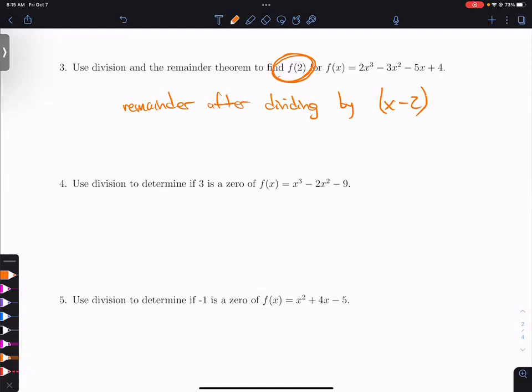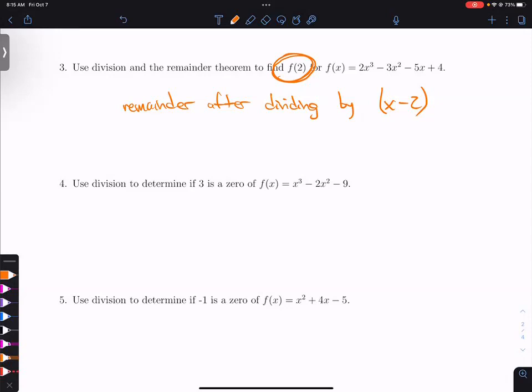So what you would do to answer this question, really what I'm driving at, is practicing division again. Divide this by x minus 2, and whatever you get as a remainder, that's the same thing as just plugging 2 into the function. Now again, that's not how you would go about finding f of 2, right? You just plug 2 in, but the remainder theorem says that it works, and it's an excuse for us to practice